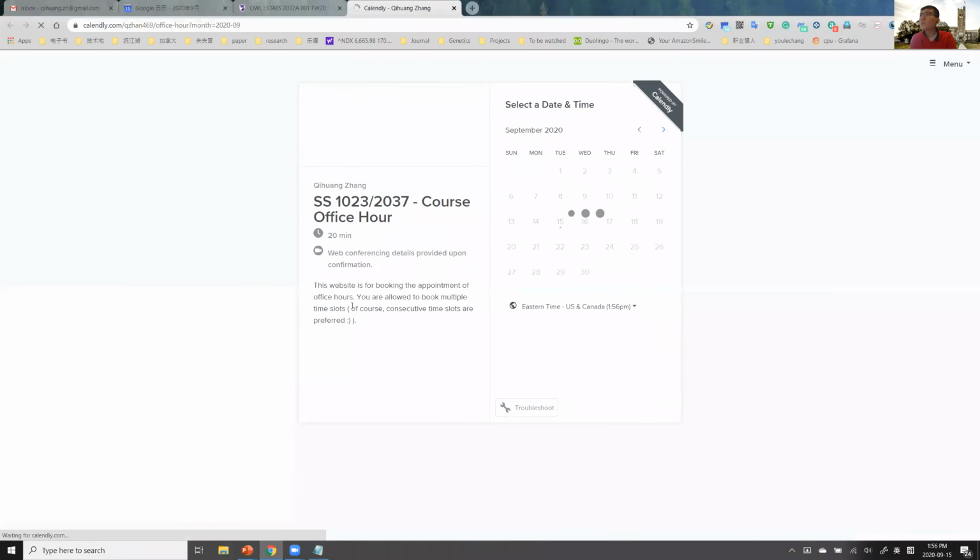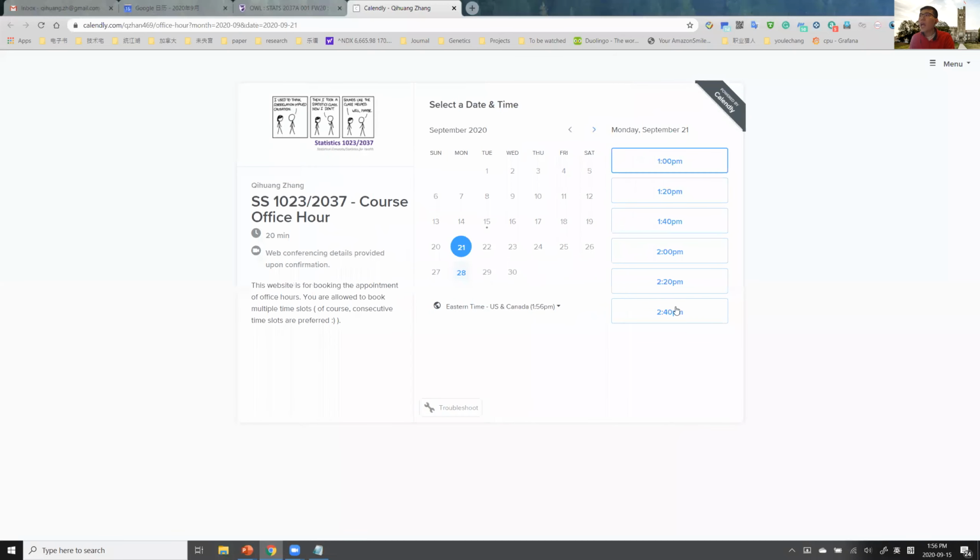If you click this one, you will get a calendar like this, and then you just pick the date that you prefer, and you will get an option. It's a 20 minute interval, but you definitely can take longer. You can select multiple ones, I believe.